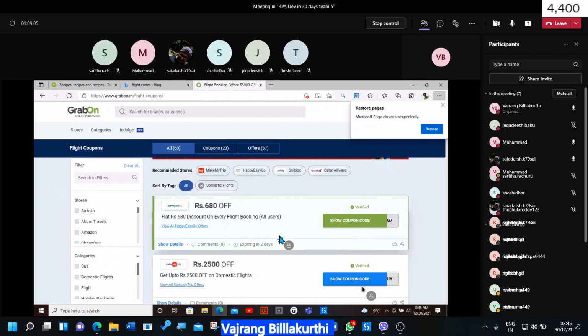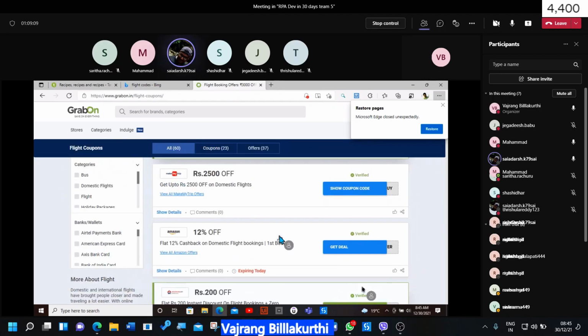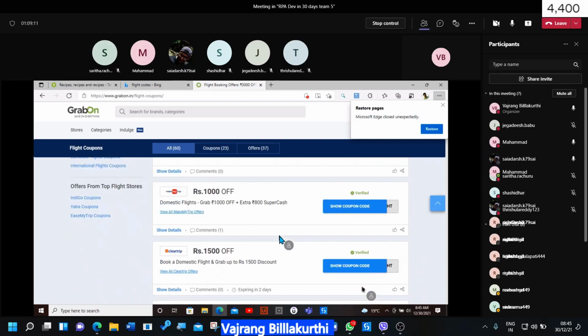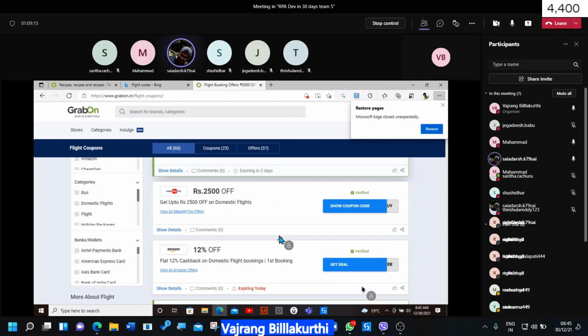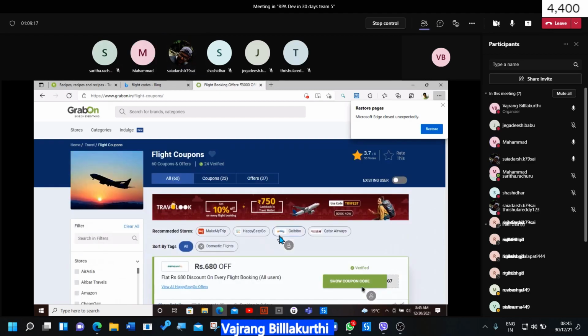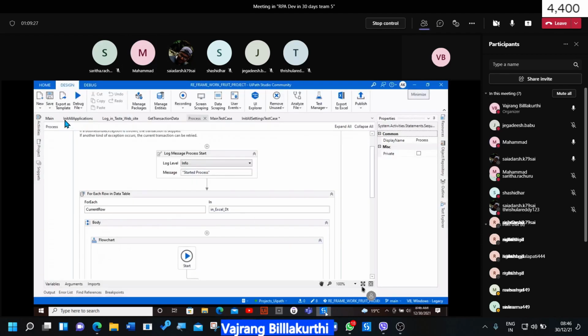Okay, see, there is this information. If I'm not able to get this Rs. 200 off, let's assume that. Let me start with a new workflow.